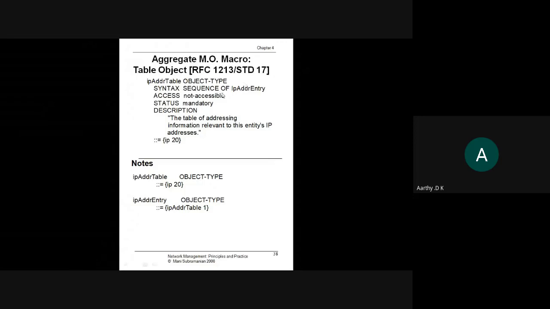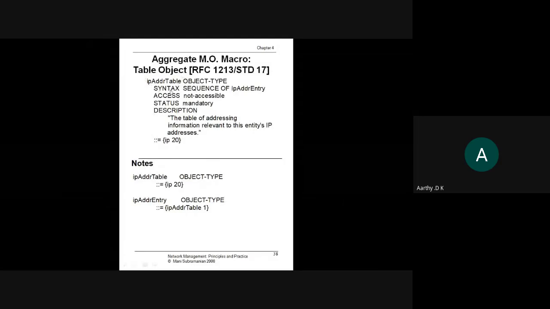It is going to follow the IP address entry object. This IP address entry object is nothing but a sequence. Every IP address in your system will follow this object. If this follows a sequence syntax, then when I group all the IP addresses, it becomes a sequence of. So this IP address table will follow the sequence of data type.